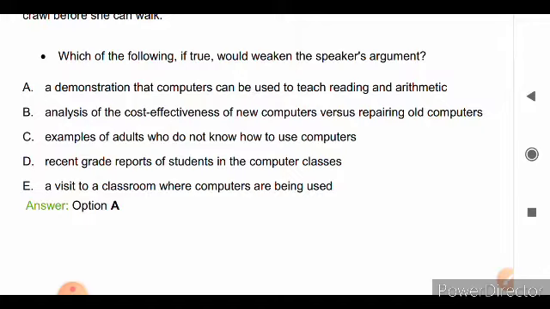Option C is examples of adults who do not know how to use computers. Option D is recent grade reports of students in the computer classes. Option E is a visit to a classroom where computers are being used. So the right answer of this question is option A, a demonstration that computers can be used to teach reading and